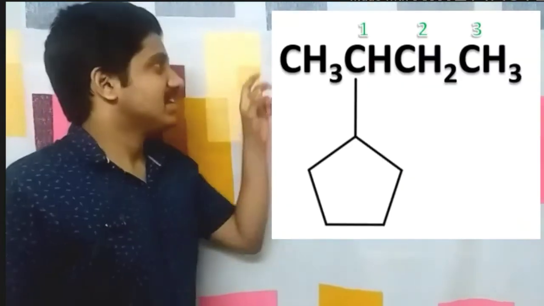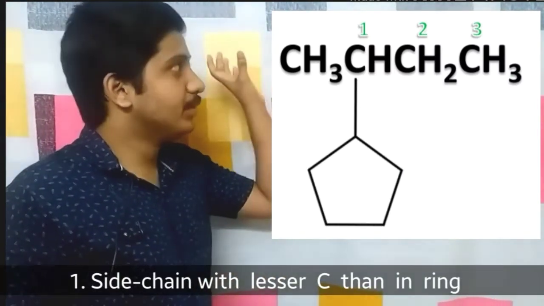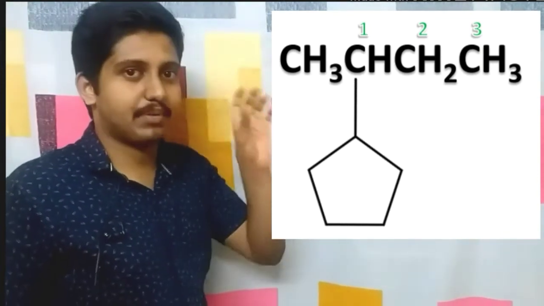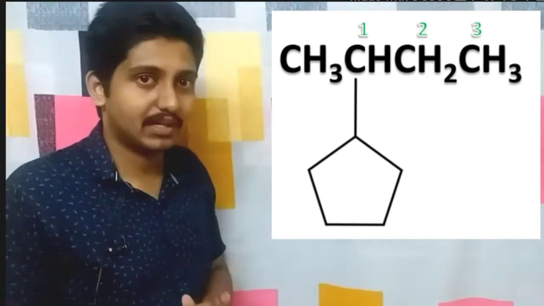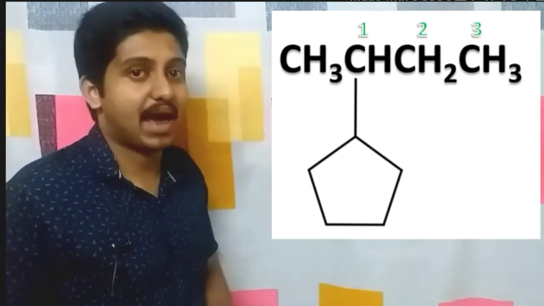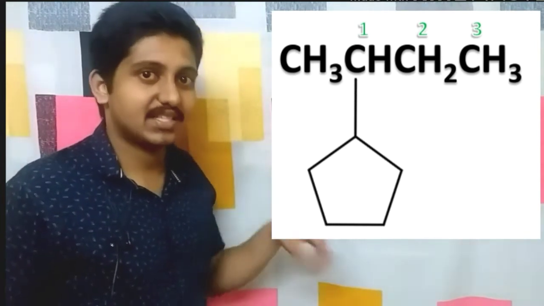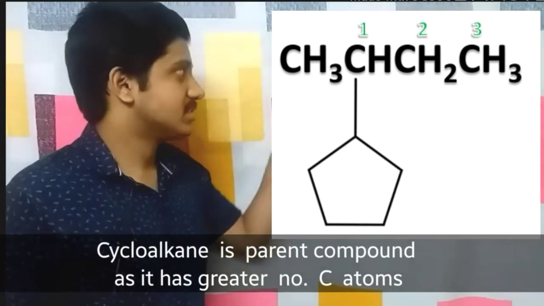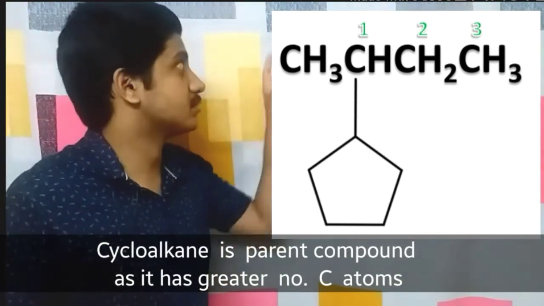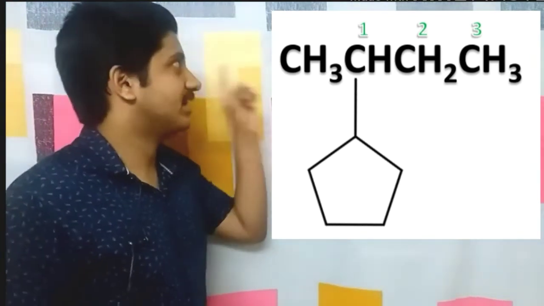The first example: here we have a cyclopentane structure to which a butane is attached, in which the second carbon of butane is attached. So which hydrocarbon will we take as the parent chain? Probably the longest chain is taken as the parent chain, that is the cycloalkane. Since cyclopentane has 5 carbon atoms, but the substituent has only 4 carbon atoms, 4 less than 5,